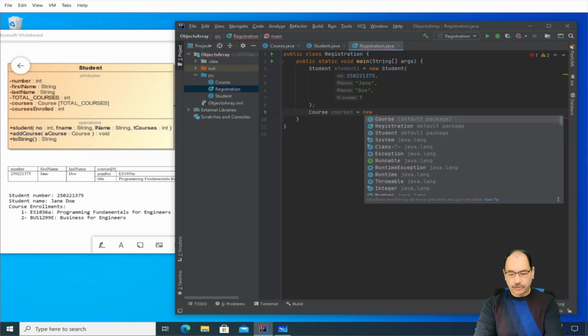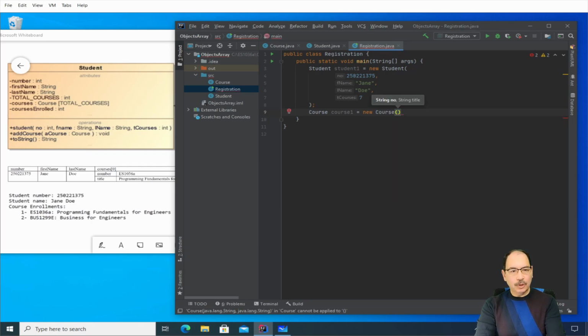For the course we need to send the course number, defined as a string, here ES1036A, and the name, the other string,